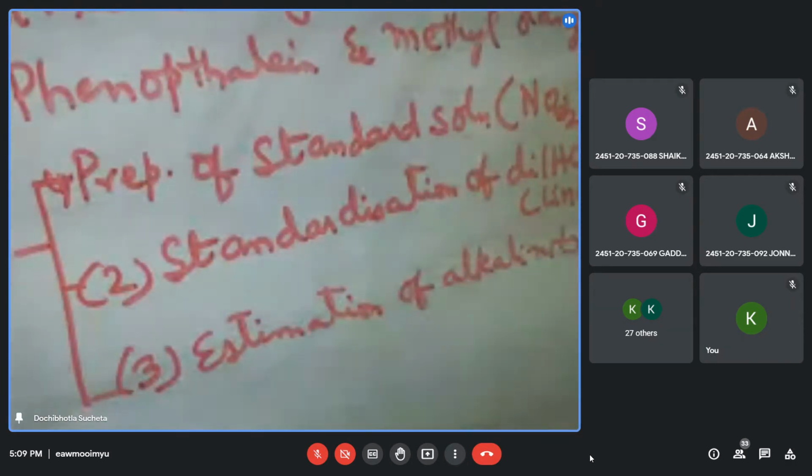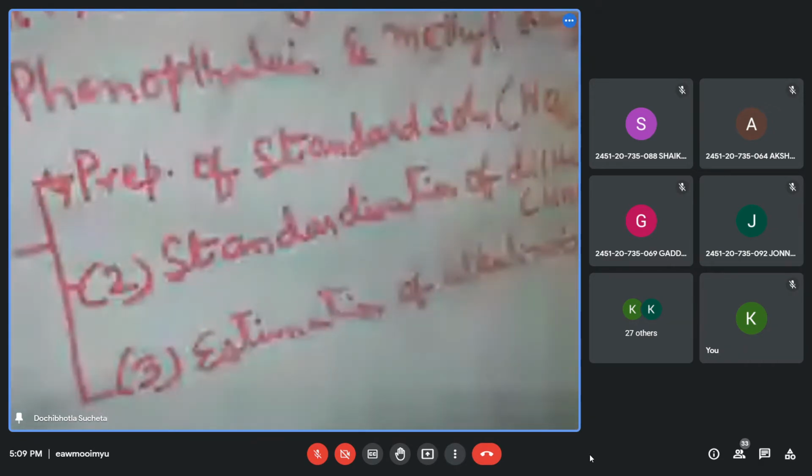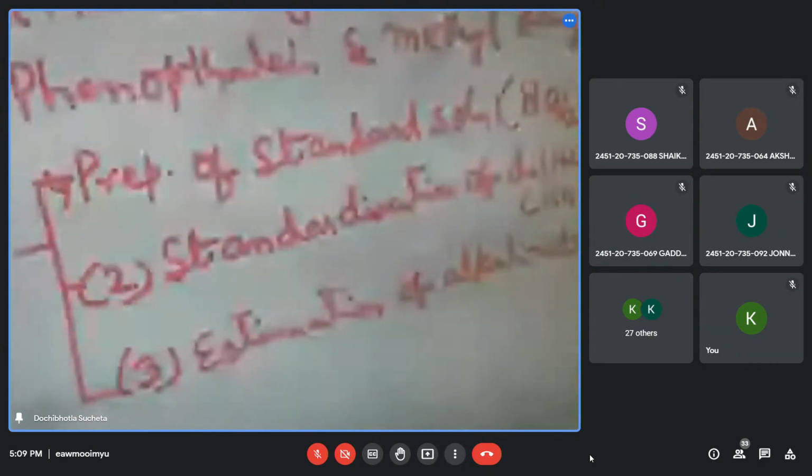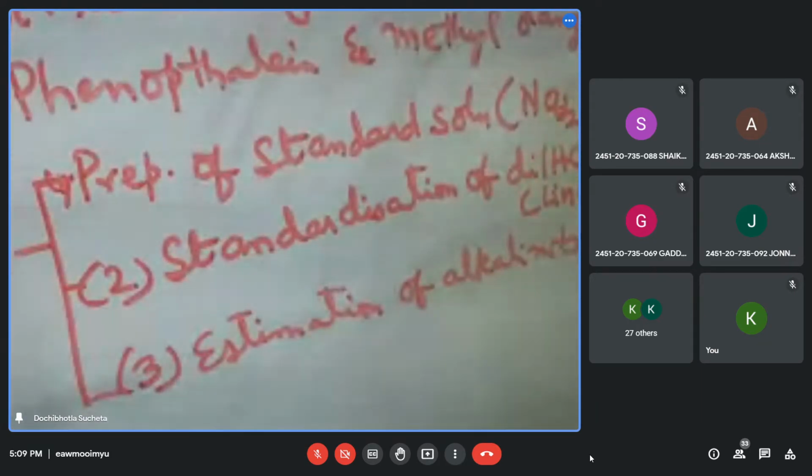So what's the aim of the experiment? To find the alkalinity of water. The chemicals required are the alkaline test water sample, then dilute HCl, which is used to react with the test water sample to find the concentration of the ions present. Then I'll use 2 indicators, methyl orange and phenolphthalein. The principle is to find the concentration by reacting the sample with the acid, whose concentration you already know. Methyl orange gives the total alkalinity, whereas the combination of phenolphthalein and methyl orange indicators will help in finding the individual concentrations of the anions that are present.